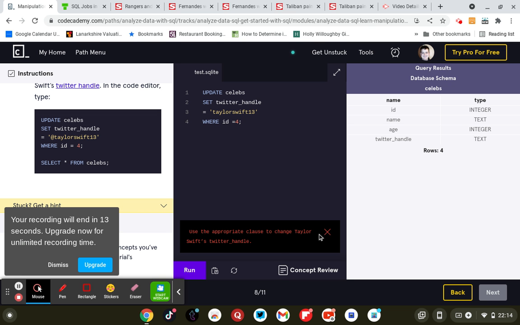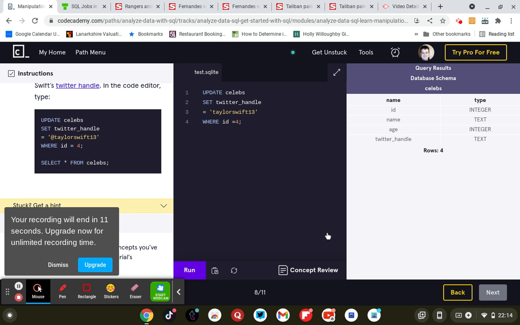Next exercise: use the appropriate clause to change Taylor Swift's Twitter handle. Right, UPDATE celebs SET Twitter handle equals